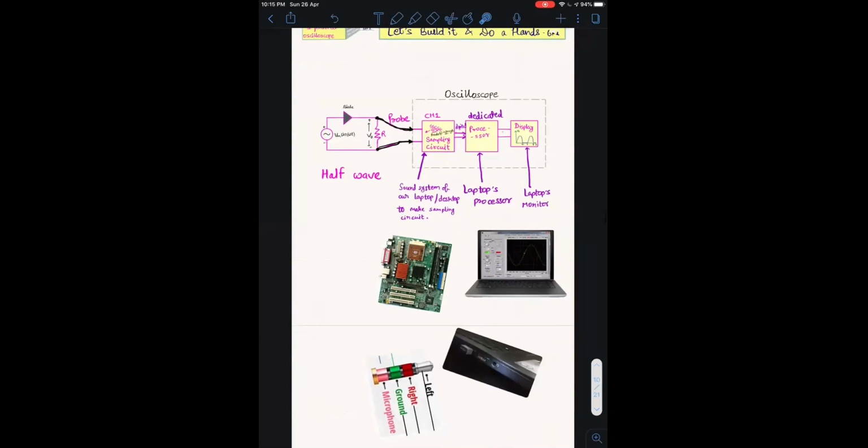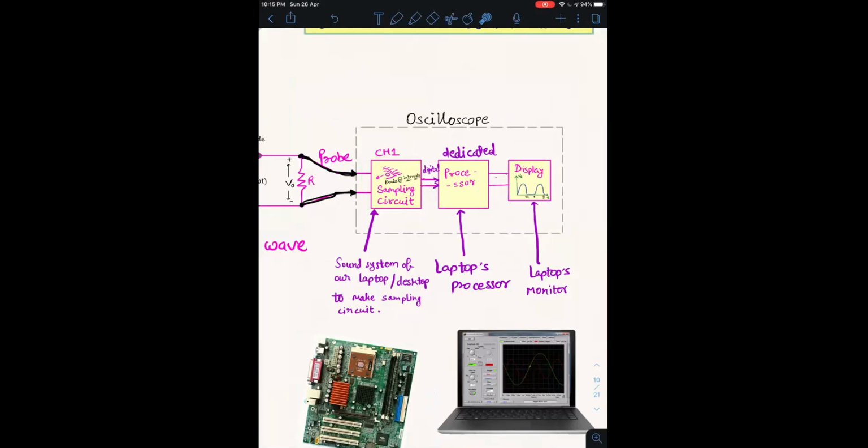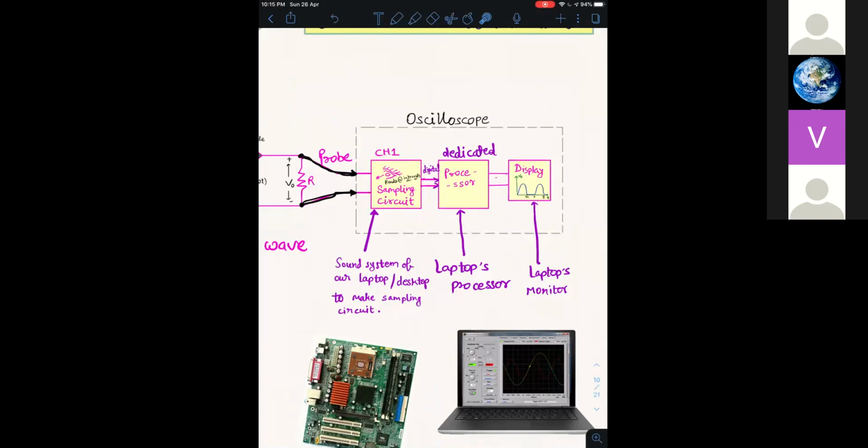Inside the oscilloscope, we have this sampling circuit at the very beginning stage. After this sampling circuit reads the input signal, it converts that data into digital form, and it goes to the processor. The processor runs some signal processing algorithms, and at the last, the output is given to the display.